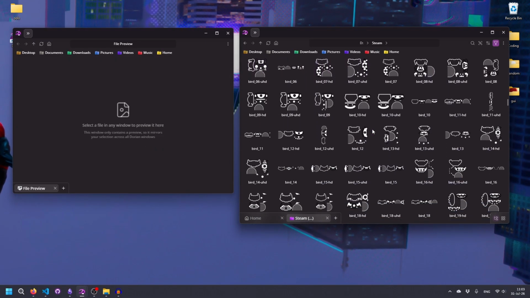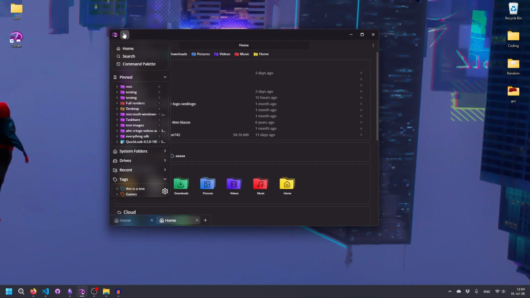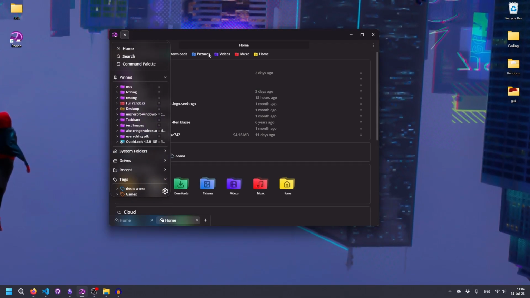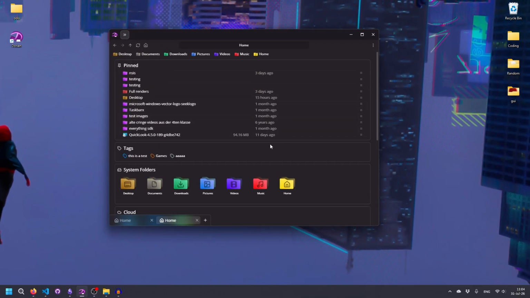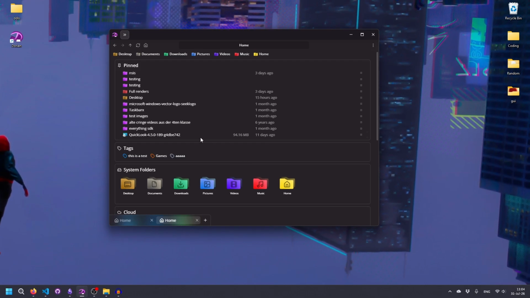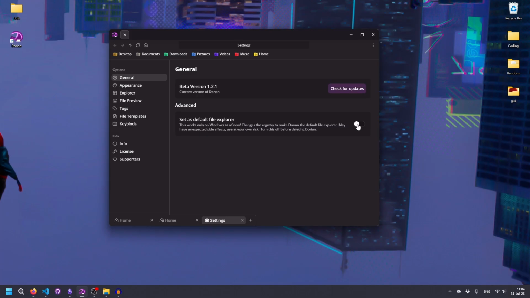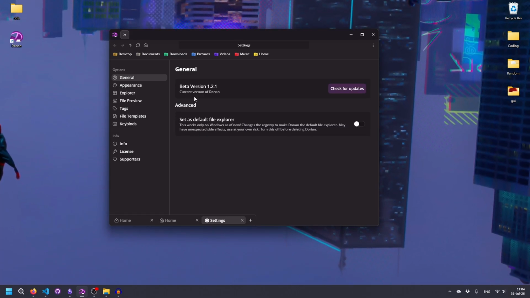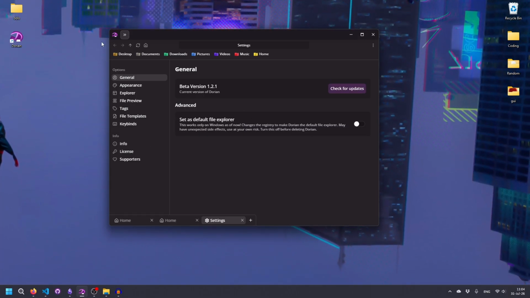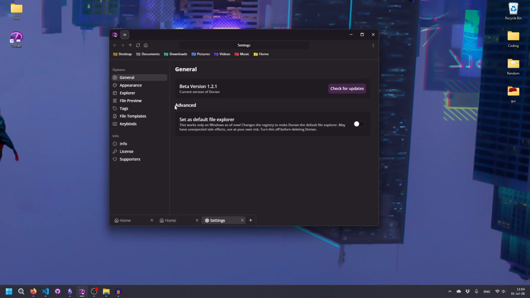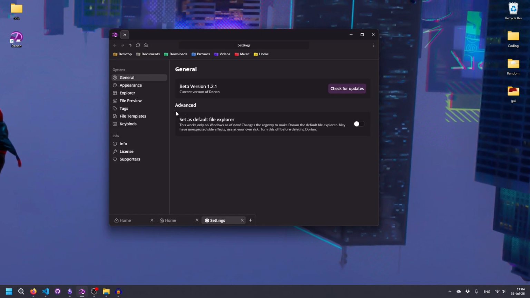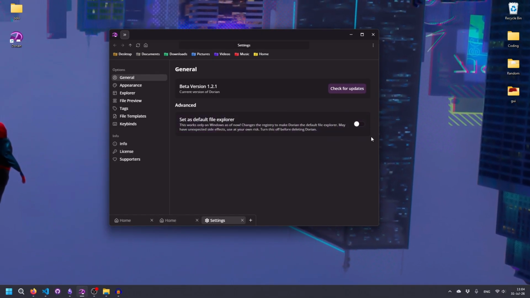That is not Dorian. Dorian acts as a full file explorer replacement. It can do basically everything Windows can, and also 10 times better. If you want, you can set it as your default file explorer too. I have it turned off because this is a development version, so it would break if I turned this on. But on the release version that you can download, you can turn this on, and then it'll basically replace Windows